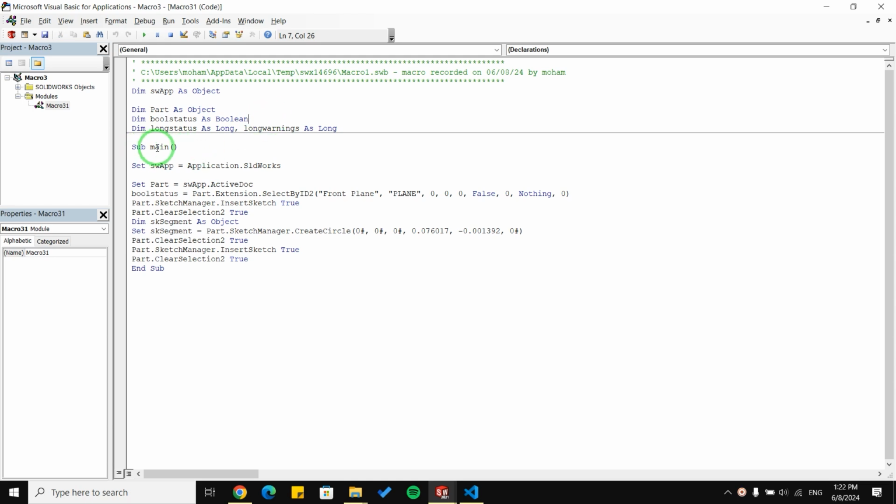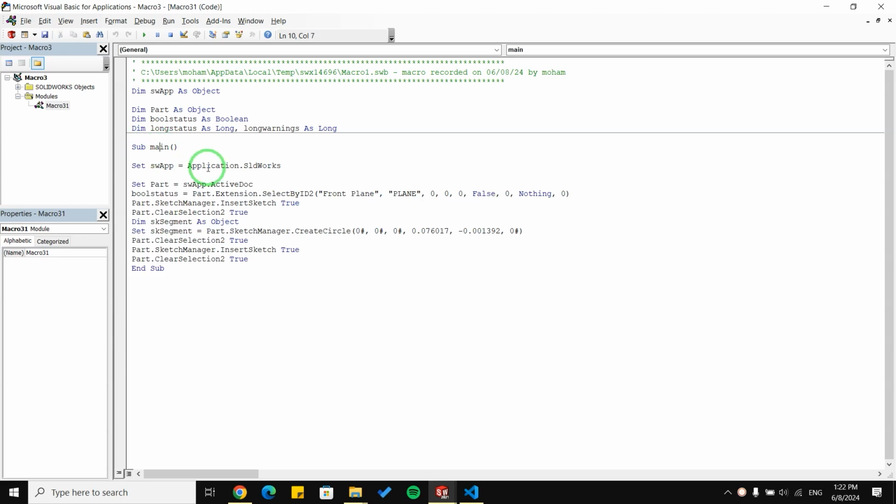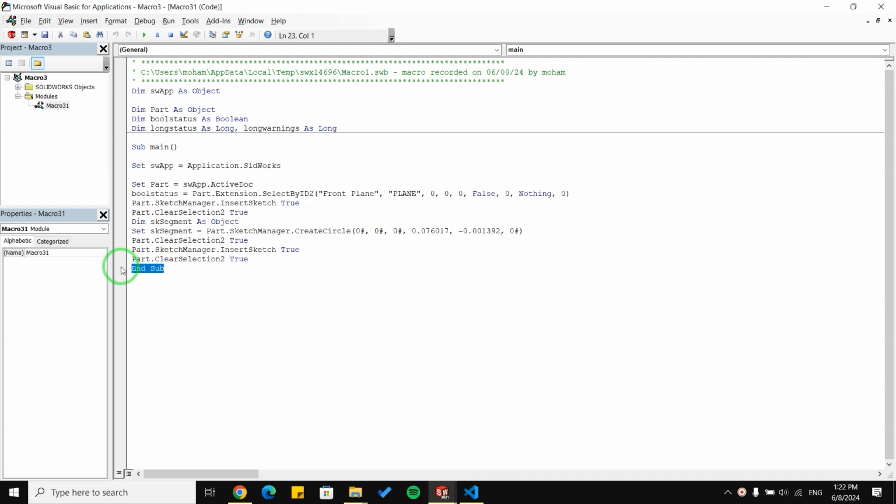Okay, the next is Sub or Sub Main, which is the main part of our program. It's like a function in Python and other programming languages. With Sub Main, we are going to create a new section, and we are going to put our code here, and at the end we need to write End Sub.